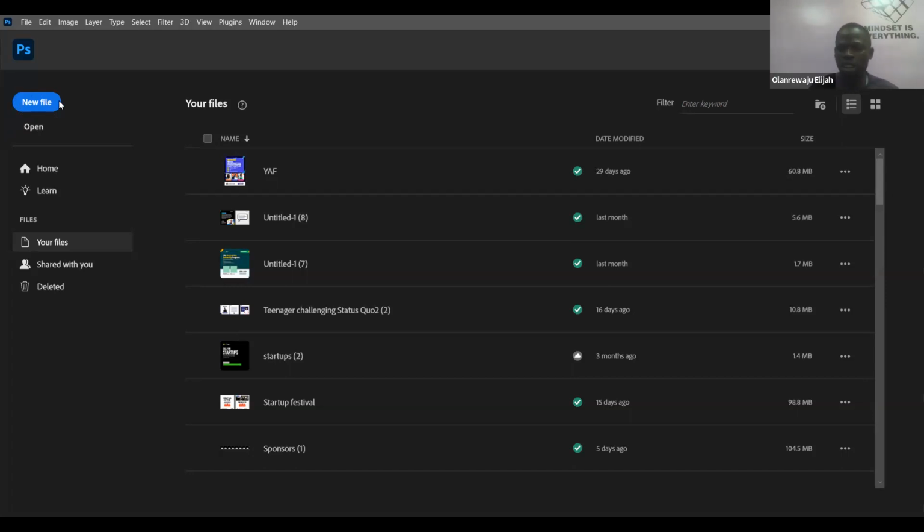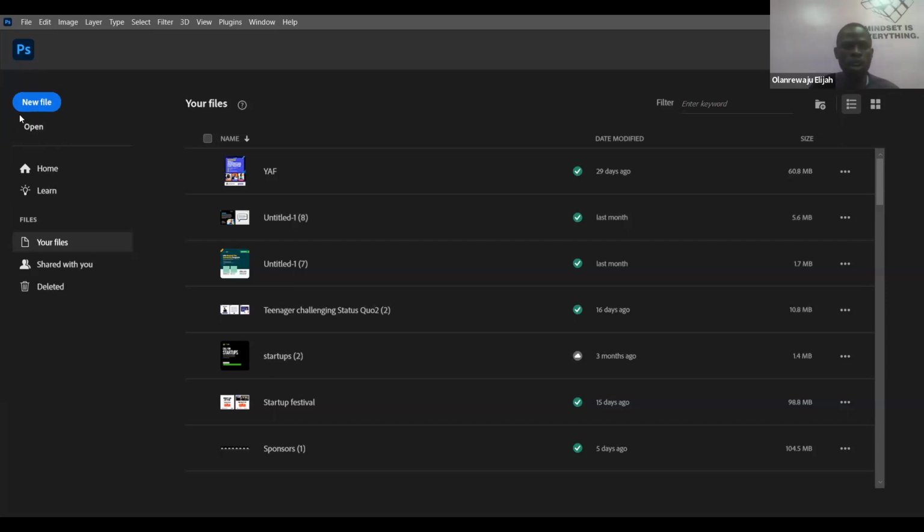The same way when you are designing, something must first catch the attention of your audience, right? So now that is what makes people know that, okay, your design actually works. It solved the problem that it is intended to solve. So now you see these two options, new file or open. New file means that you want to create a new file, you want to design something new, right?